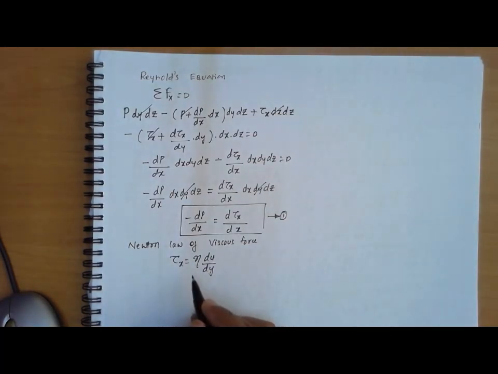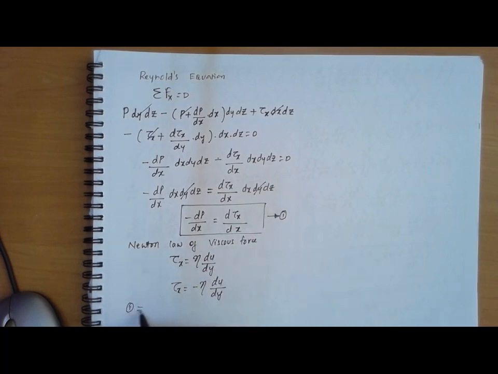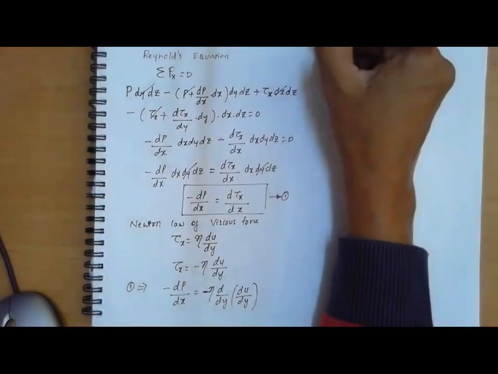Since there will be some coefficient of friction, we can take this as negative, minus eta into dou u by dou y. So let us substitute this value into this equation. Now equation 1 will imply minus dp by dx is equal to minus d by dy of, and now in the place of tau x you can write eta du by dy. So on simplifying,